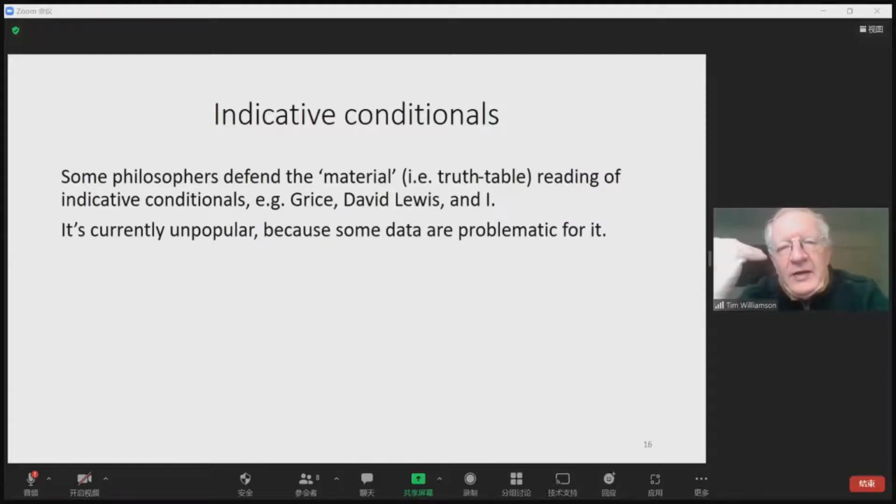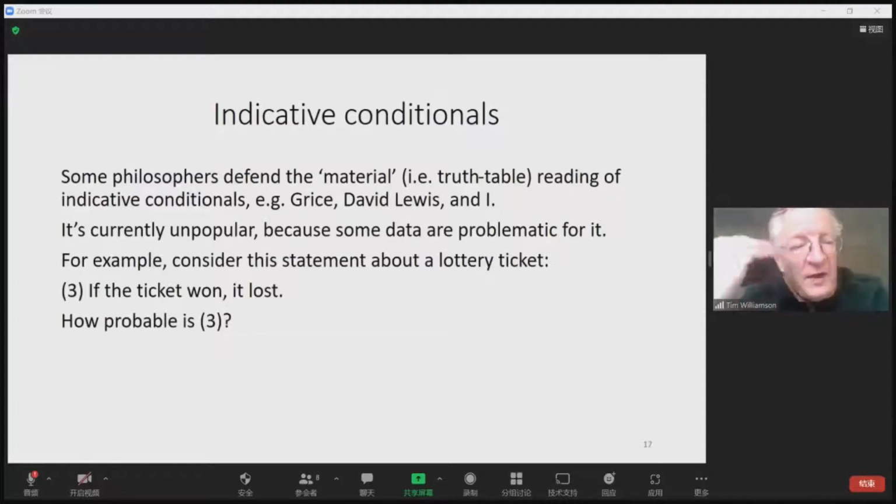But this interpretation of the indicative conditional is currently quite unpopular, because there are definitely some data which are very problematic for it, and so you might think, looking at the data, that the view is hopeless. I think it can in fact be defended, but it's clear that there are some difficult challenges for it to overcome. So here's an example that we can consider. Suppose that you bought a lottery ticket, maybe it's a lottery with a million tickets and only one of them wins, and then consider the statement,